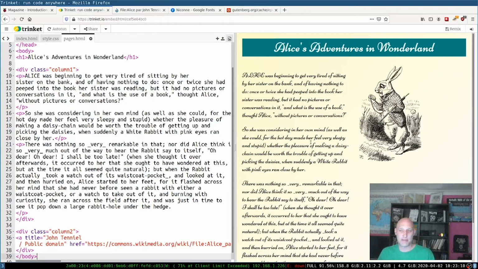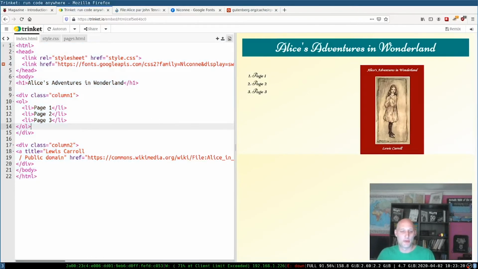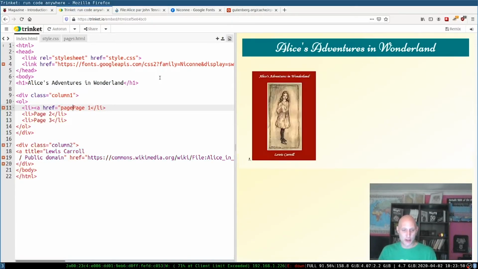Okay then, so let's go back to my page 1, and what we're going to do now is create some links very quickly because I'm running out of time. So back over to this index.html, and I want this page 1 here to be a hyperlink that my reader can use to take them to that first page I've just created. In order to get a link in, I use what's called an anchor tag, so I'm going to say a, and then I'm going to give it what's called the href, so href equals, and then I have to tell it what the page is called, so in quotes, I'm going to type page1.html, close my quotes,